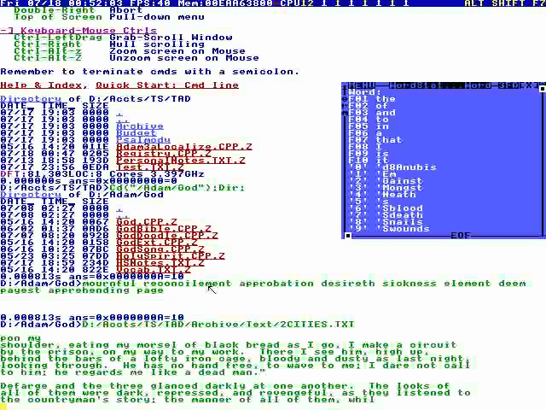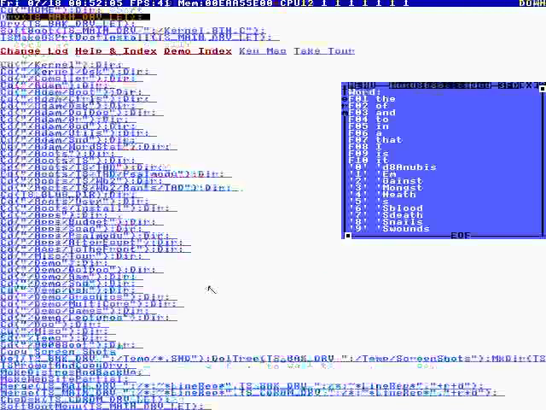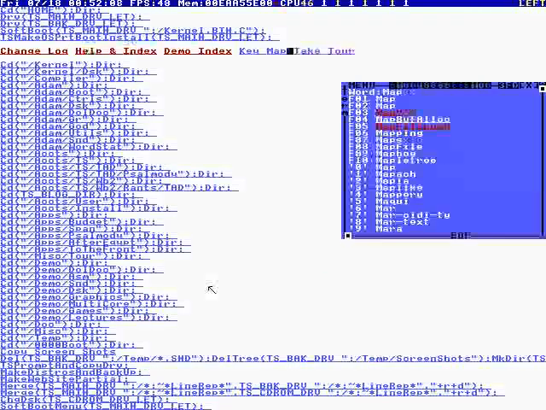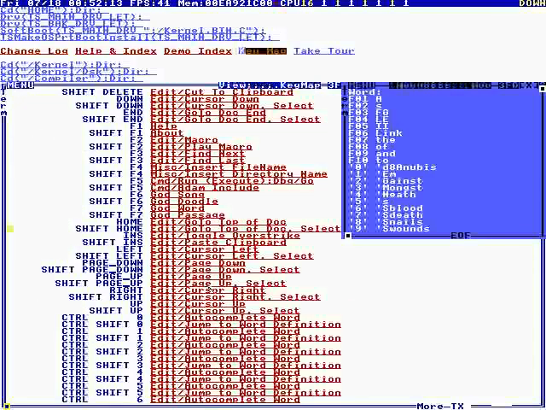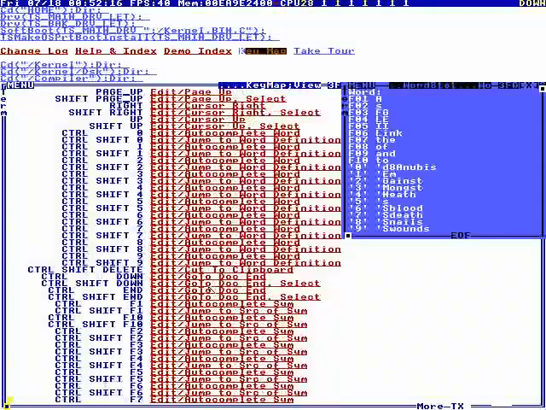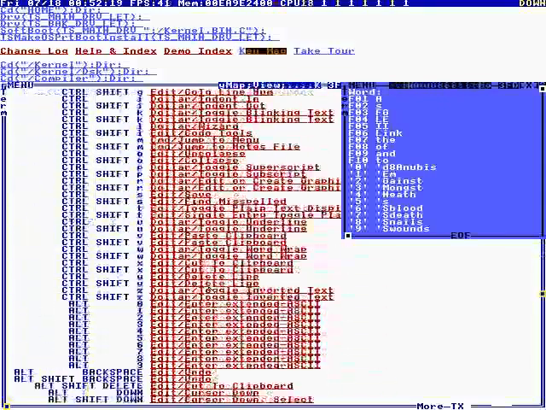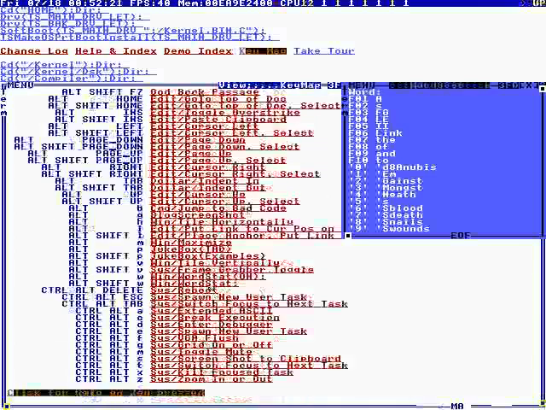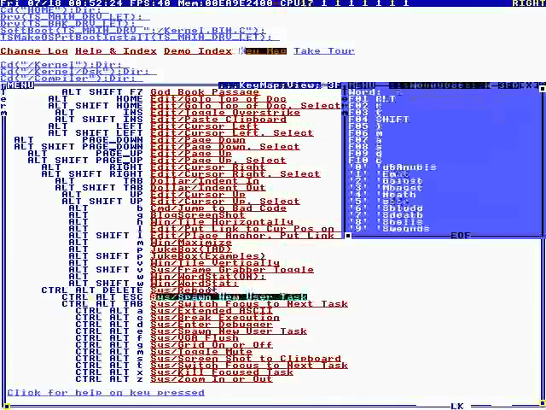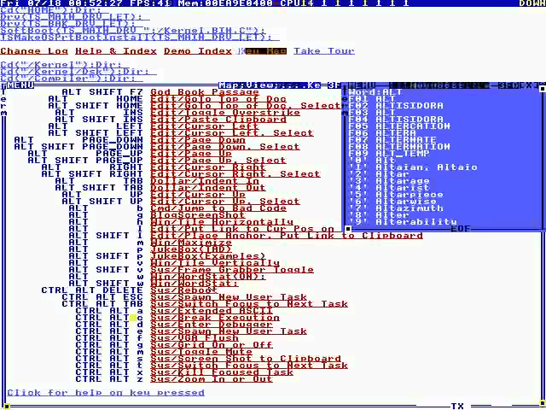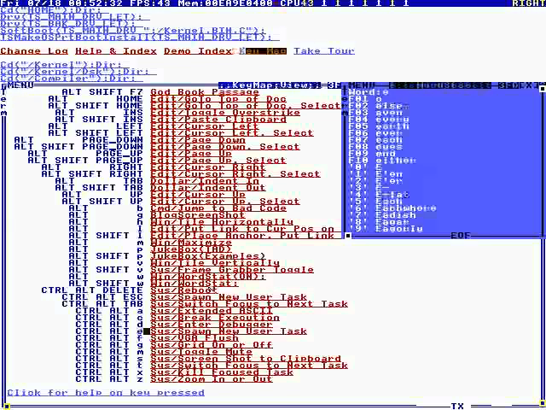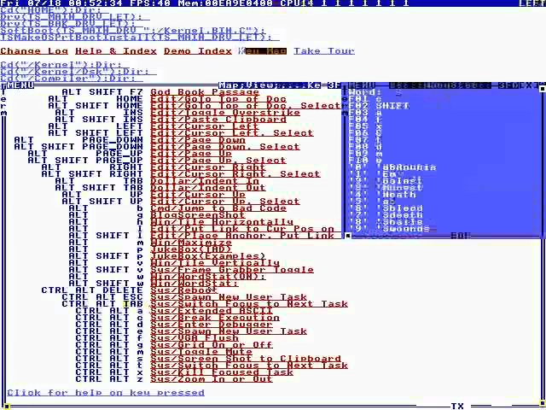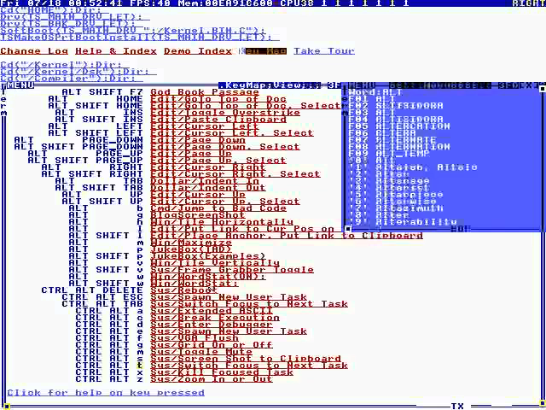Okay, well anyway. So Control M, key map. You want to do the key map. The ones I was going to tell you about are Control Alt. Are those on here? Control Alt Escape is spawn a new task. Since that's a dangerous key, Control Alt E is spawn a new task. Control Alt Tab switches tasks. Since that's dangerous, Control Alt T.